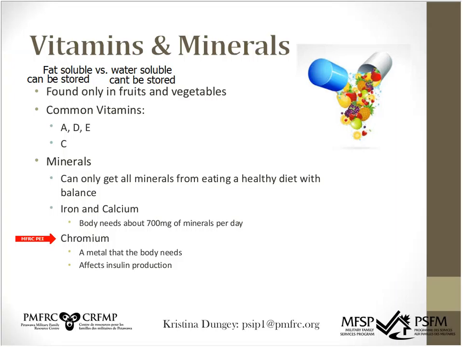Vitamins and minerals boost your immune system. They support normal growth, development, and help cells and organs do their job. For example, you've probably heard that carrots are good for your eyes. It is true. They're full of a substance called carotene, which your body converts into vitamin A, which